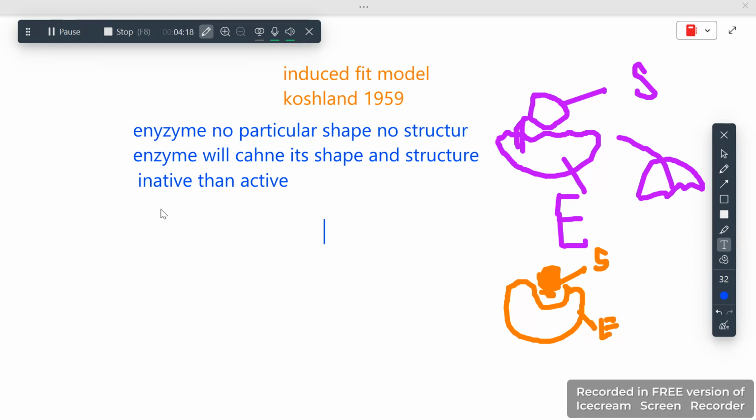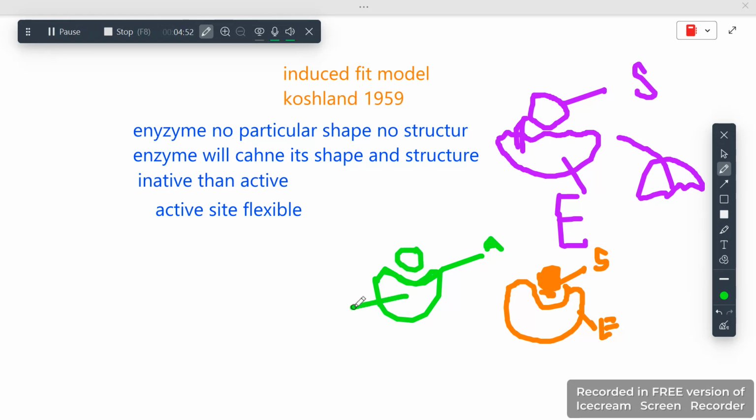So we can say that in the lock and key model the active site was rigid, but in this one the active site is flexible. If we have this one as an enzyme, this side is known as the active site. In the lock and key model it was not supposed to change its shape because the substrate should attach as it is, but in this one it is flexible. If I add the substrate, the enzyme will change its shape, that's why the active site will change its shape. That's why these are known as flexible. So active sites are flexible and these are also known